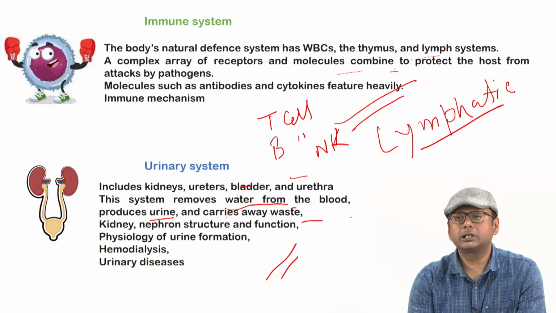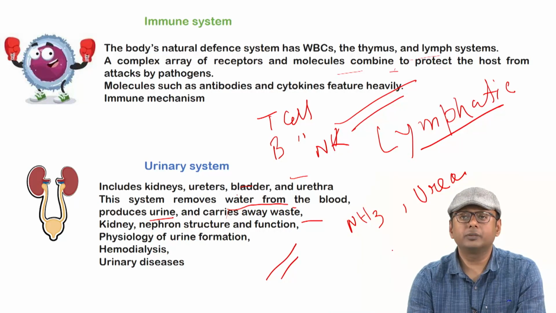What are the very common types of waste we know, like ammonia, urea. So these are some common wastes. Then creatinine, this type of waste will be removed by the urinary system. We will discuss the physiology of urine formation. Also, further we will discuss, which is very important, hemodialysis, in case there is some urinary disease